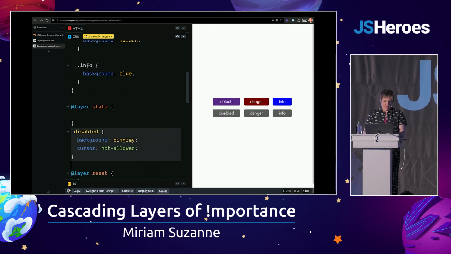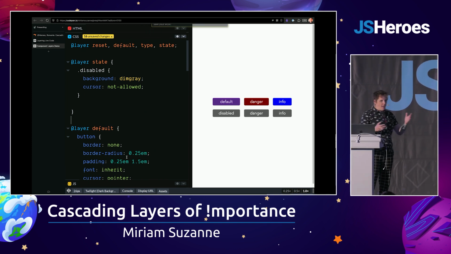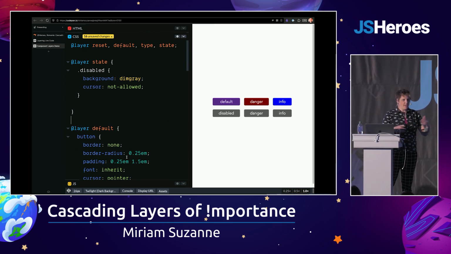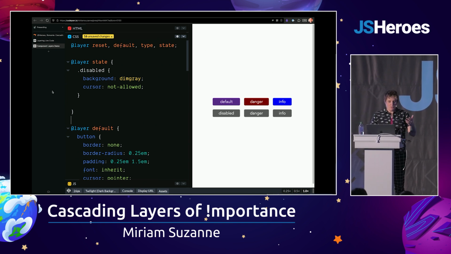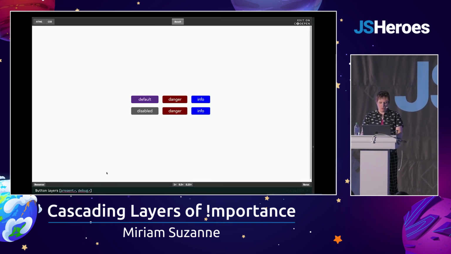And now I've already said up front that the state layer should win over defaults and over types. And now that conflict is resolved. I haven't done any specificity hacks. It doesn't matter what order my styles are in. I've just been explicit about how I want the cascade to work for me.